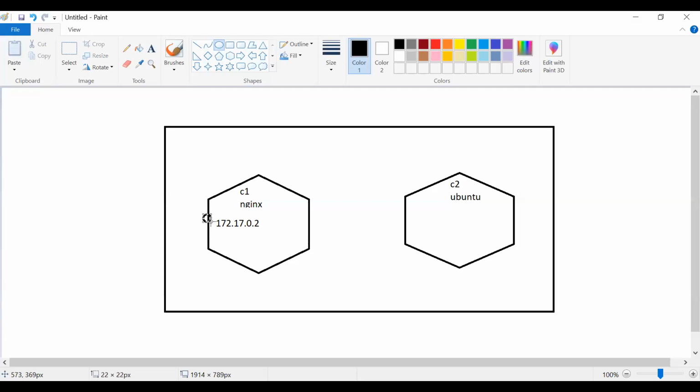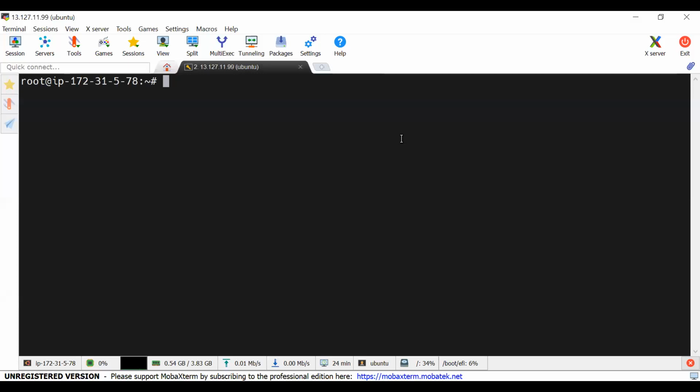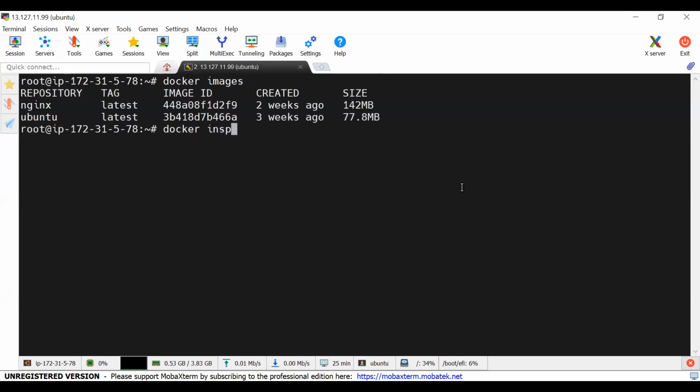How do we know that? Because once we created the container and executed the docker ps command, in the ports column it was shown that it is port 80. Or else we can inspect the image or we can inspect the container. Any Docker object is inspectable, whether it is a container, an image, or anything. Let me inspect the image: docker images. Now docker inspect